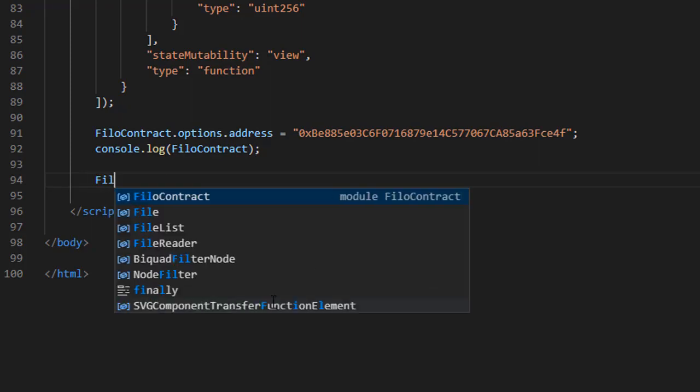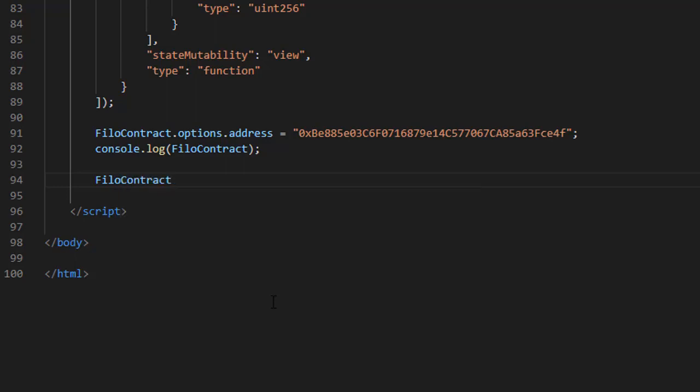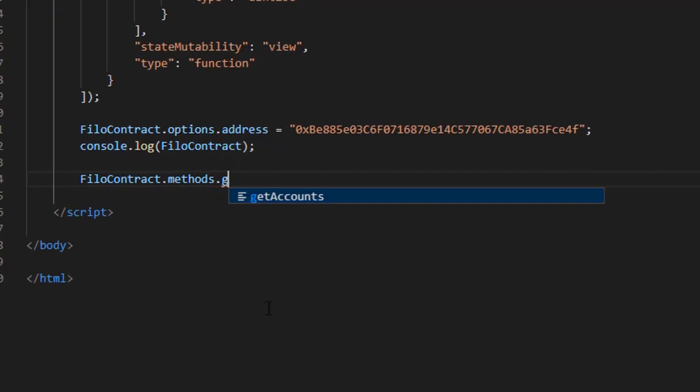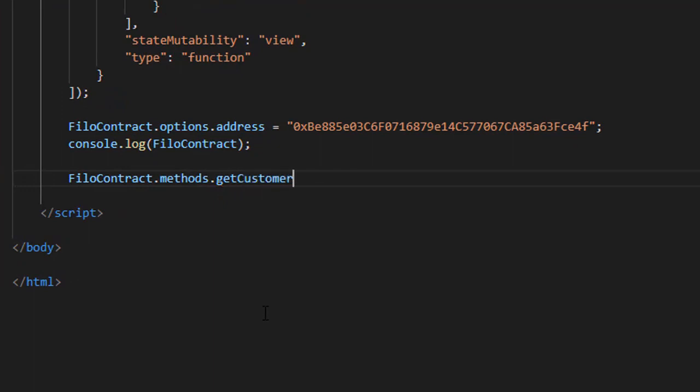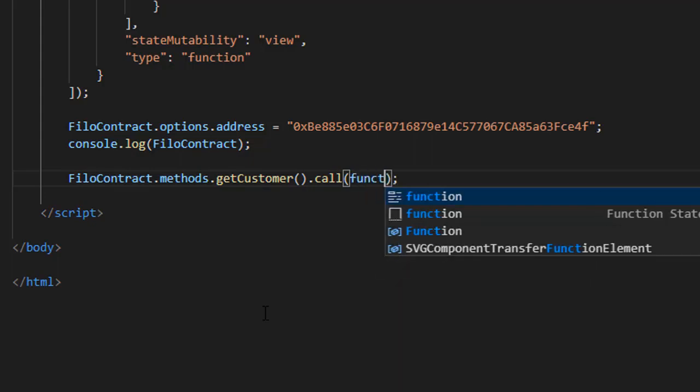So for that I will add Philo contract dot methods dot get customer, brackets dot call, and this will be a call function.